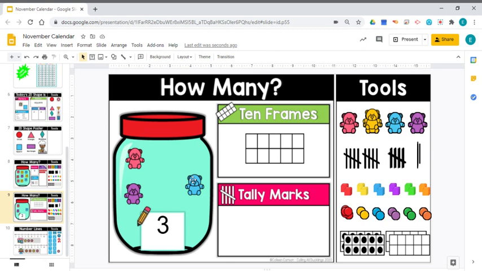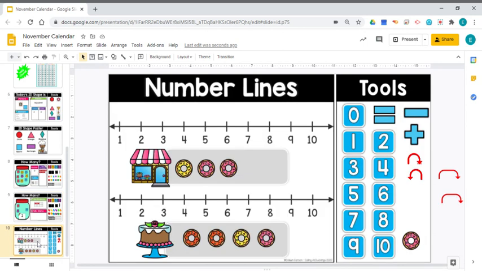All right, let's go ahead and build our 10 frame showing the number 3. We always start at the top, and we always start on the left-hand side when we're building that 10 frame. There's 2, and here is 3. There's 3. So that's a 10 frame that represents the number 3. We're going to go ahead and skip the tally marks for 3, and we're just going to move on to